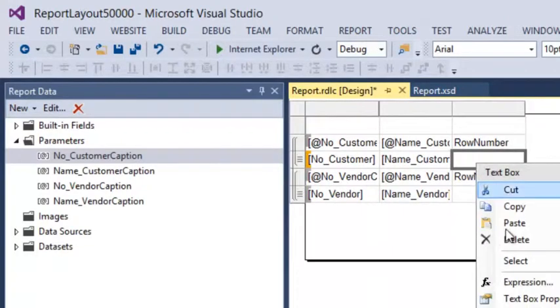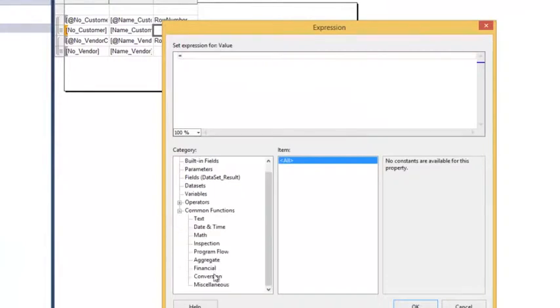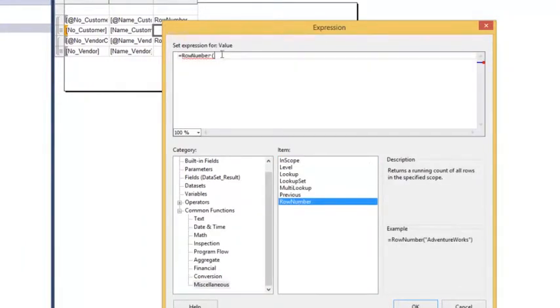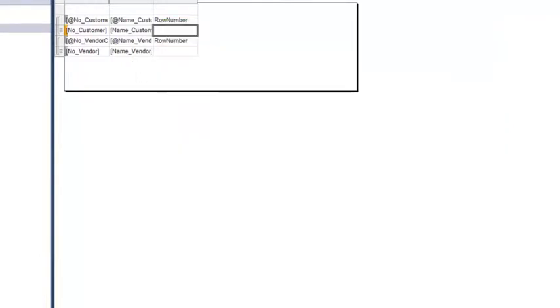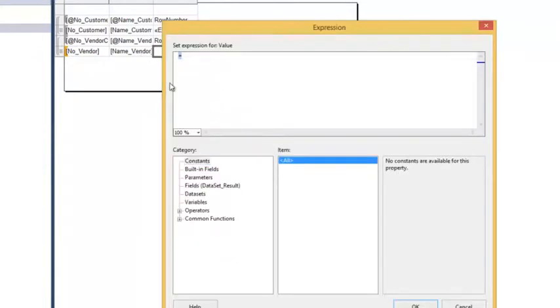And in this expression, I will go to the common functions, go to miscellaneous, go to the row number, and then here I want to have the scope for my row number, and the scope right now is the customer group. Let's just copy this, because we're going to use this also for the vendor here. Let's go to the expression, and then we'll write vendor here instead.